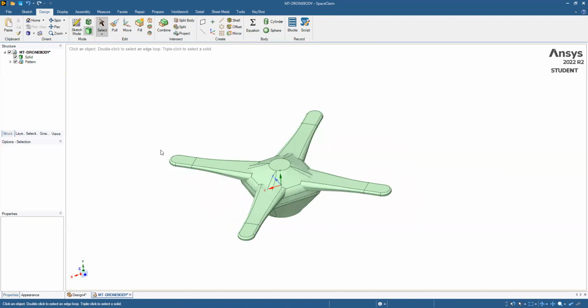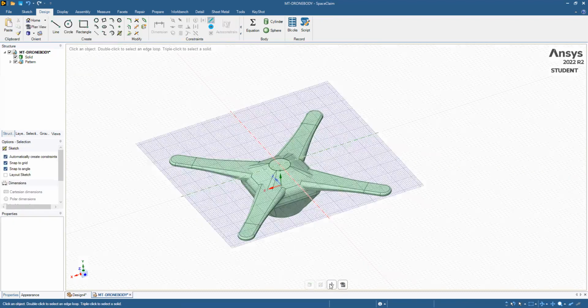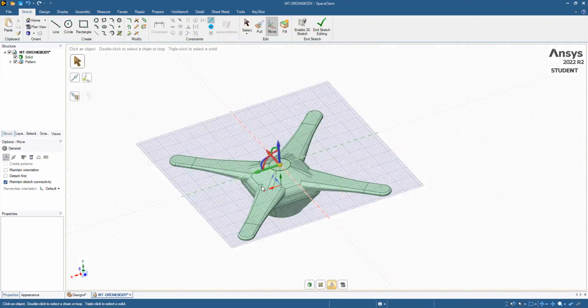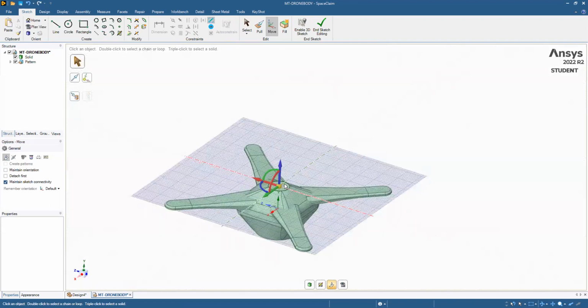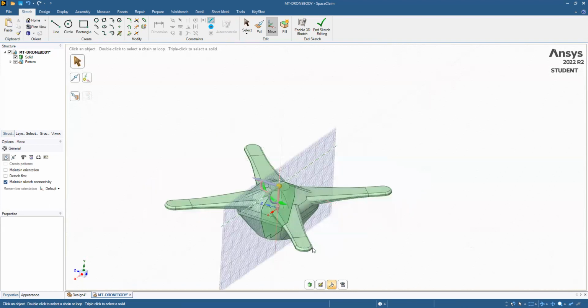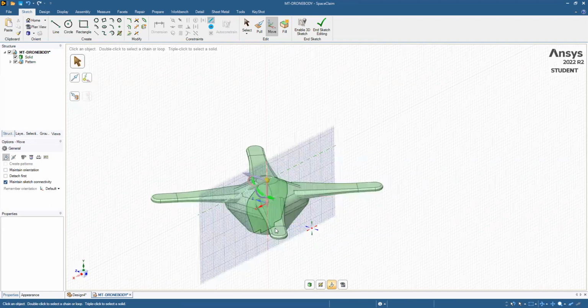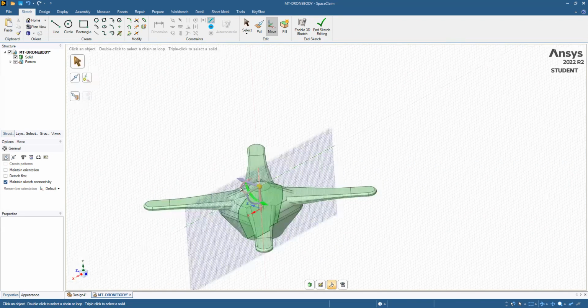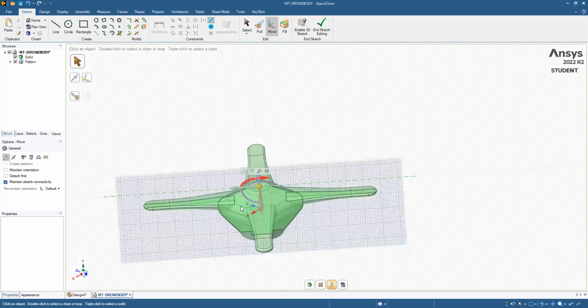Okay, so now we want to create the landing skid. So click this face here, click the sketch mode, and then click the move grid button. Okay, now spin it. Double click on this arrow. Okay, so it looks like this, and now we want to double click on this to make 45 degrees. So now we're going to be sketching on this face here. So hit the plan view,